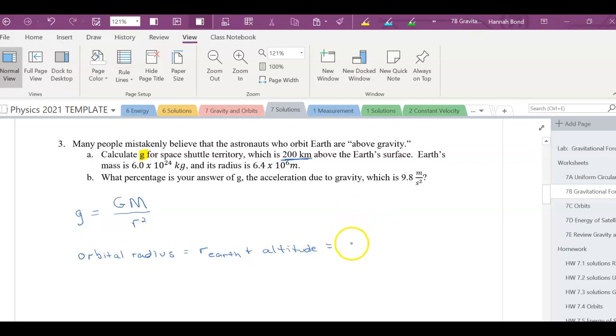And let's see, the Earth's radius is 6.4 times 10 to the 6th meters, and the altitude is 200 kilometers, so that's 200,000 meters. Make sure you convert that to meters. And we get 6,600,000